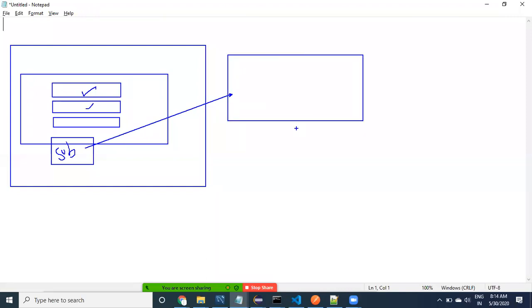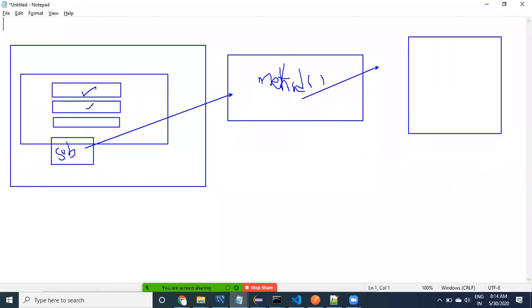What the user has to do is, after entering these details, the submit button is going to be clicked. When the user submits the data, what happens next? It goes to a method in the component class. In the method, of course, we can apply validations also, later we can see that. From the method, we have to call a REST service.